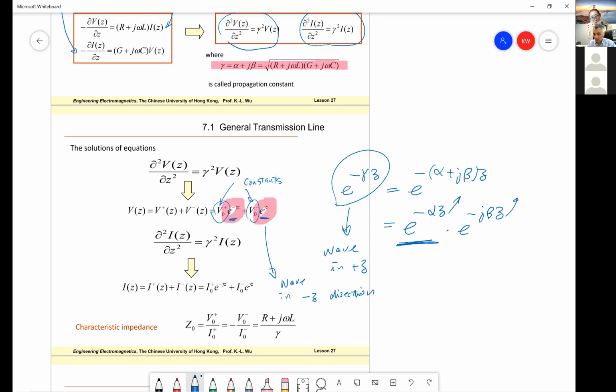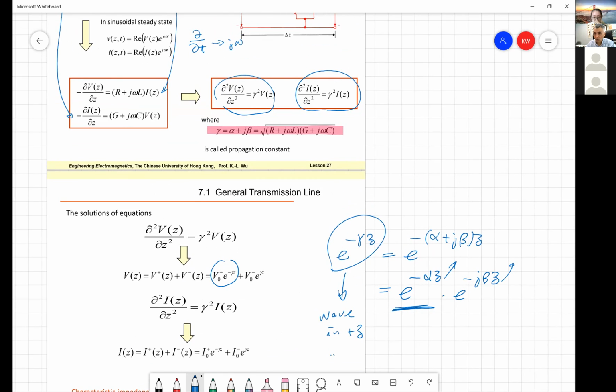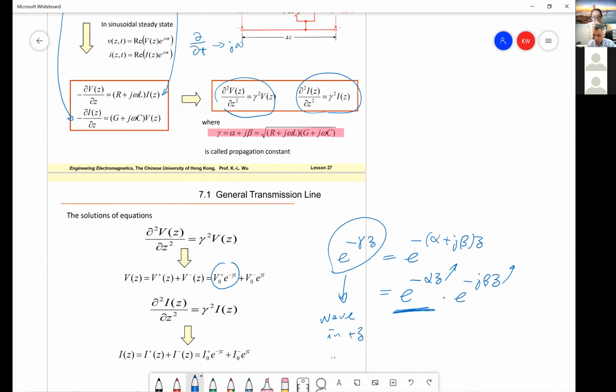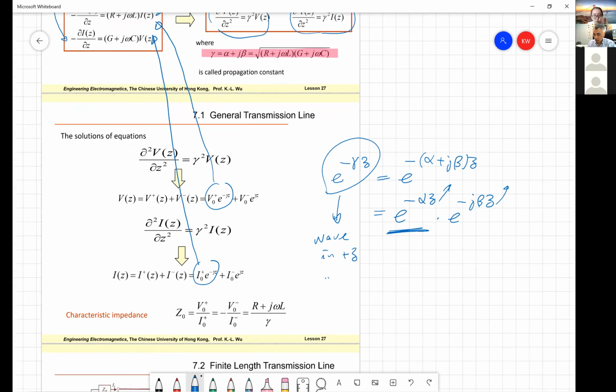Now again, if you substitute one of the solutions into the differential equation, together with this, then you can find